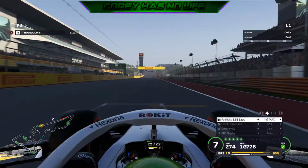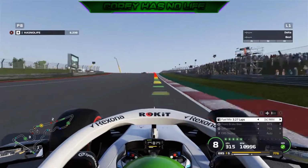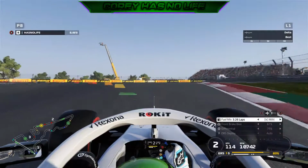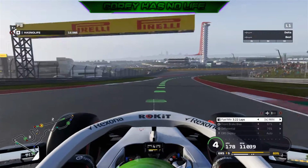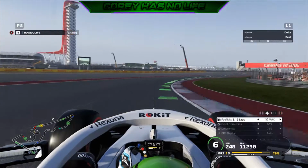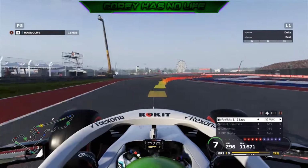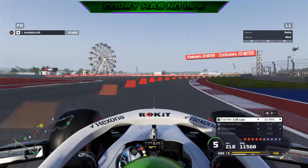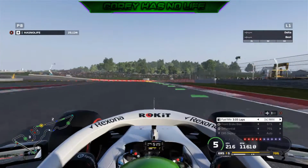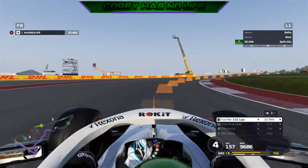Now again, we're out fairly early in the session. I'm not one that believes that these tracks actually rubber in very much at all. It's just not something that I think that the game devs at Codemasters have really played around with properly. So I don't believe there's any actual advantage to going out at the end of the session. Well, the only advantage to going out at the end of the session is,